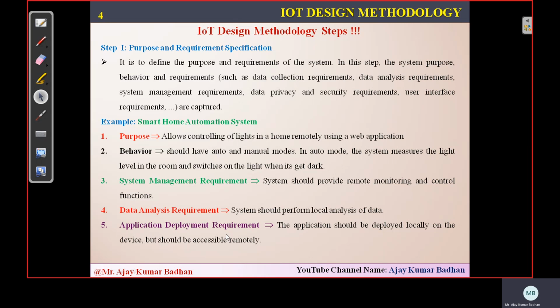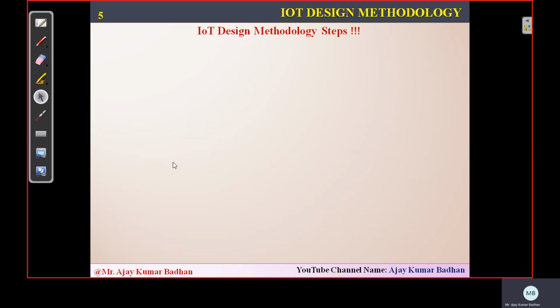And then last is the application deployment requirements. So in order to deploy it, what do we require? We require relays, which we call actuators. We require a relay switch which will turn the light on and off. So that is what we require. The same security mechanism applies. Obviously, whatever data we have needs to be authenticated, and that should be present here.